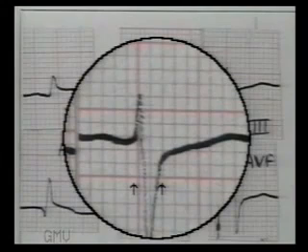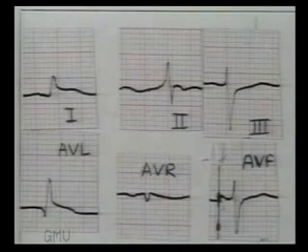Coming to QRS complexes in the limb leads, the QRS duration is 2.2 mm, which is normal. Lead 1 shows positive QRS and lead 3 shows mainly negative QRS, so left axis deviation is present. There is a Q wave in lead AVL which is 2 mm deep and 1 mm wide, suggesting an anterior infarct.